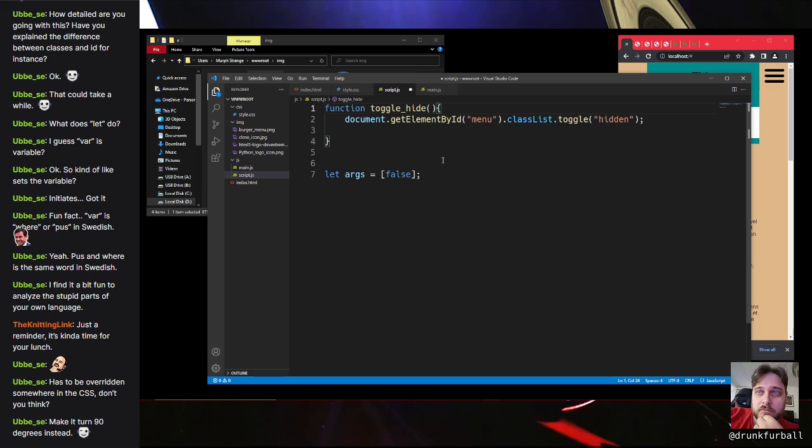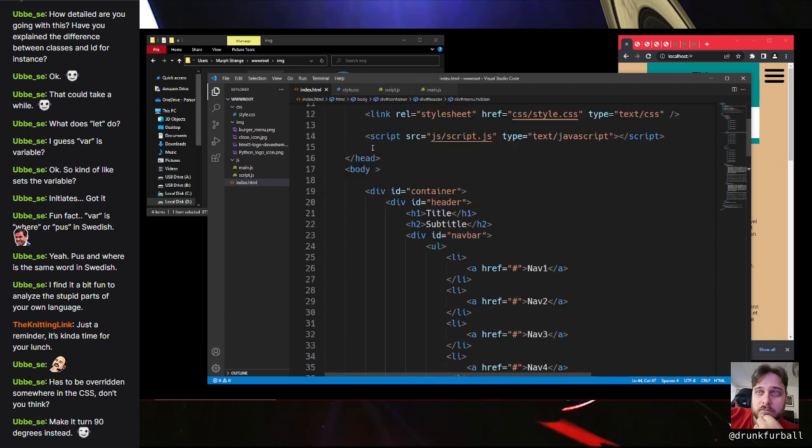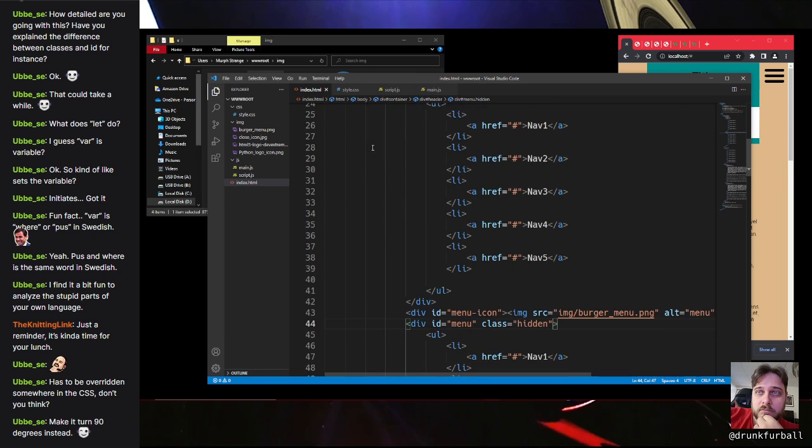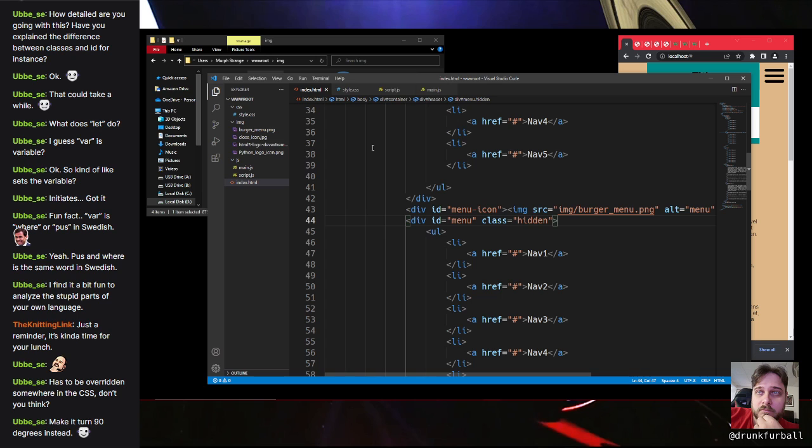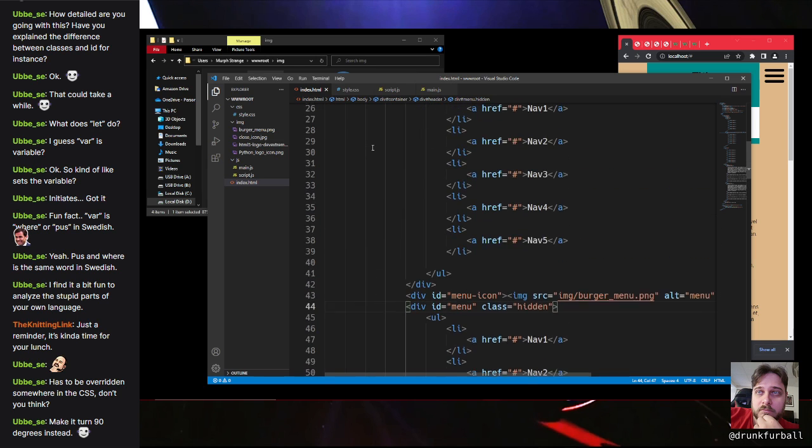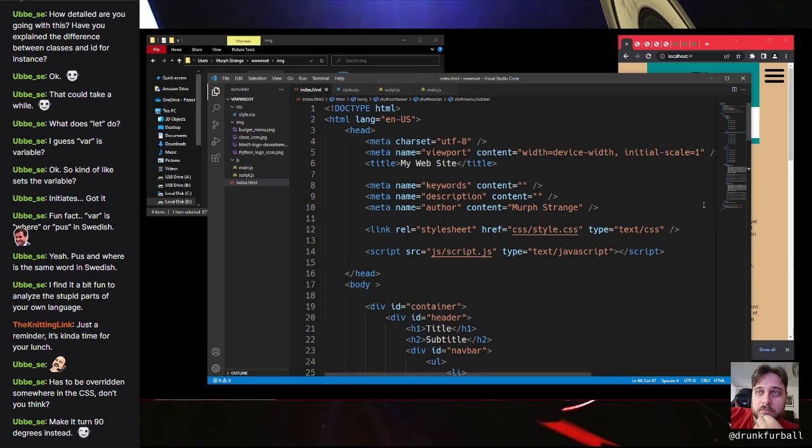Make it turn 90 degrees instead. Yeah, I'm not gonna get super fancy, but I probably could. I probably could. I do believe there is a CSS property that allows us to do that, and I should be able to apply that to an image. But again, I'm still not sure why this wasn't being applied to the image. I'm gonna have to look that up. It's probably a thing I'm forgetting, that I'm not able to do it because, you know, stupid things, stupid reasons,